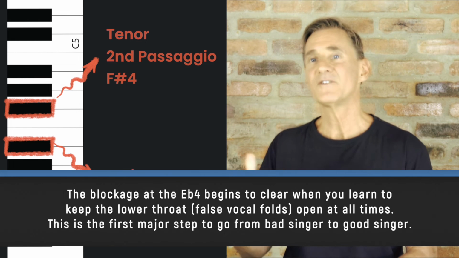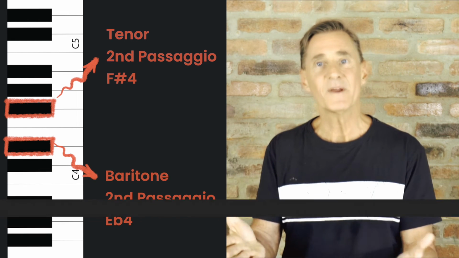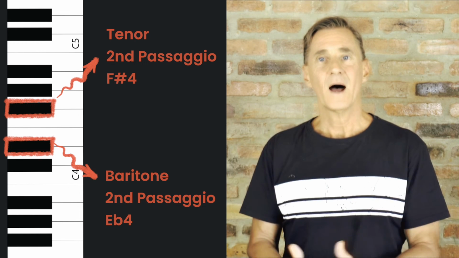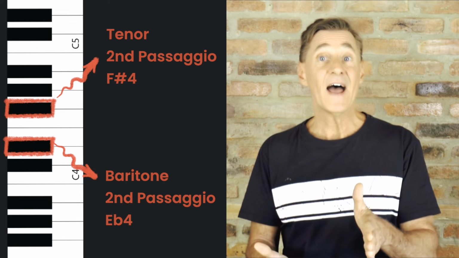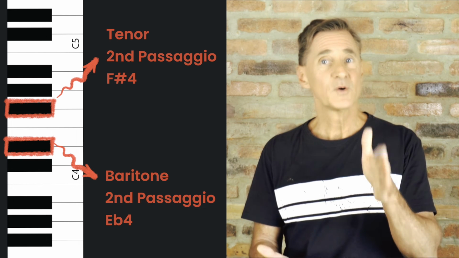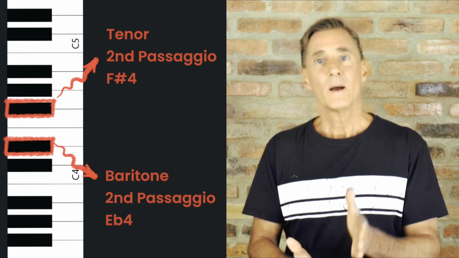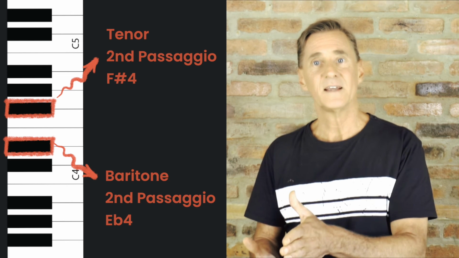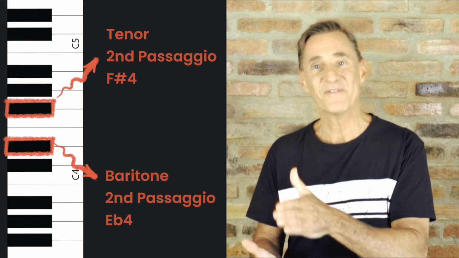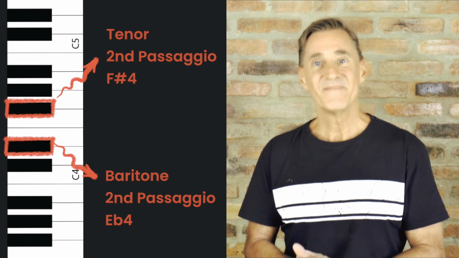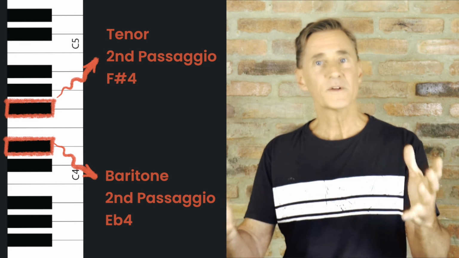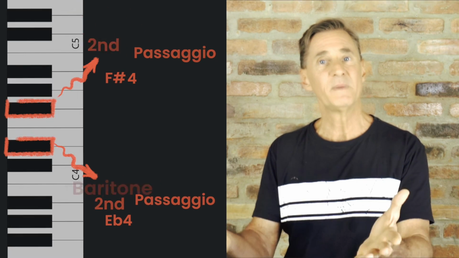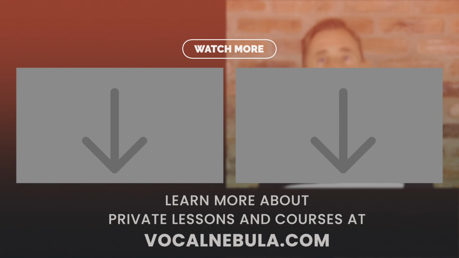Just go up and down your range over and over again with semi-occluded exercises until your voice starts to open up. And then if you stay at that E flat 4 as your passaggio, then you probably are a baritone. But if it gets easier and easier, and you find a new obstacle up at the F sharp 4, then you may be a tenor. And so all the songs you sing change, and the way you vocal train changes. And I love it. I'm actually now a spinto tenor, which is a rare type of tenor, but I love it.